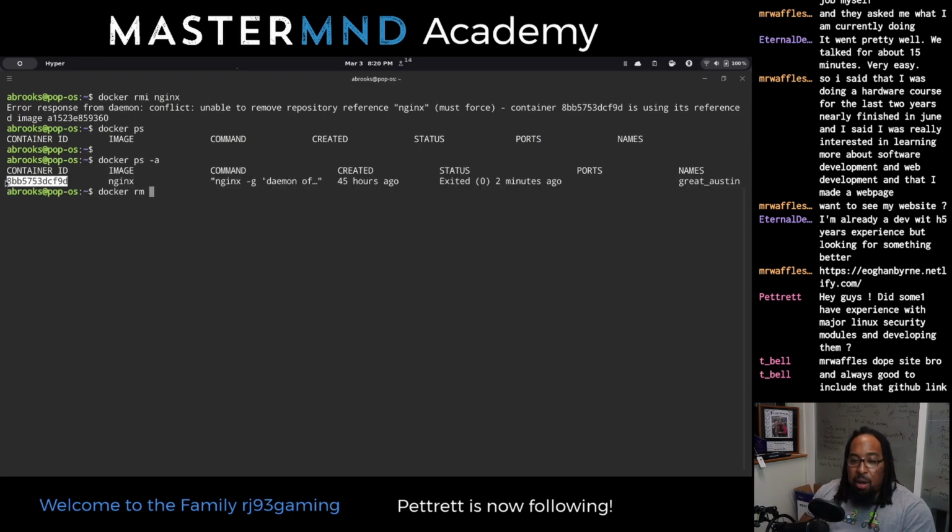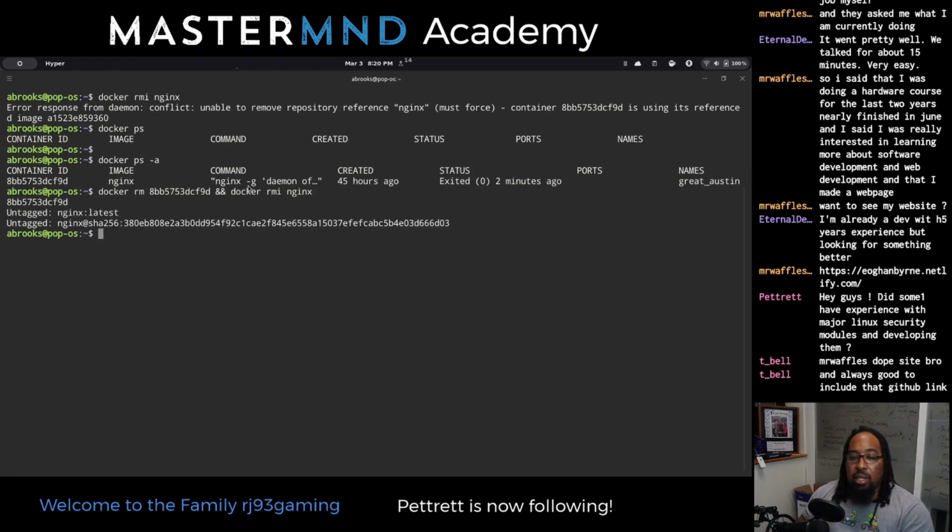And since this is the DevOps bootcamp, let's add in some of our Linux stuff. How do we string commands together? We can use double ampersands. We can do docker rmi, and we can do Nginx. We're probably going to need this again, but it doesn't matter. So to run this command, the double ampersand says, hey, as long as this one runs successfully, go ahead and run this one over here.